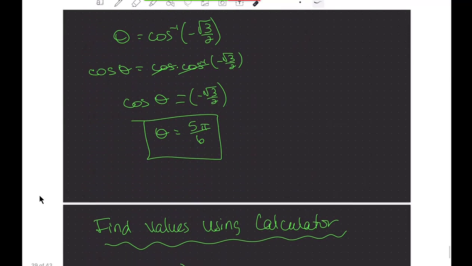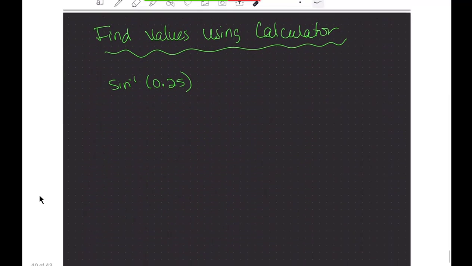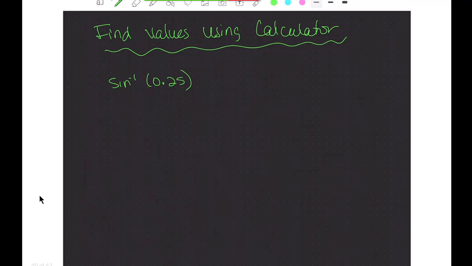So this is where they just want you messing around with your calculator. On this one, we need to make sure that we are in radian mode. I should do this both ways. Make sure I'm in radian mode. Everybody know how to change them? We should look at that on Desmos too. Second sine of 0.25. You get approximately 0.2527. If I was in degree mode, which would be the wrong mode,